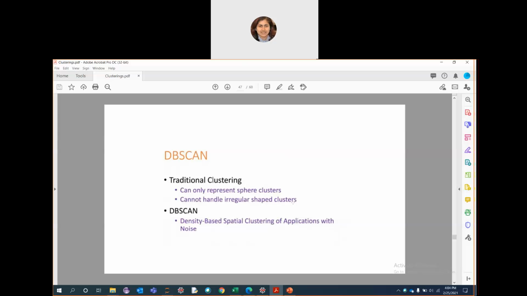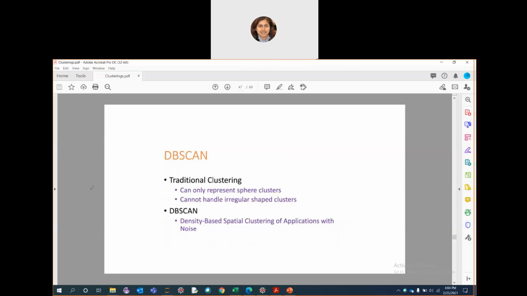So what does it mean? Based on the highly dense points or regions, a location where there is a set of points which are very close to each other, we call it a highly dense region. That highly dense region is considered as a DBScan cluster. Let's say there are certain points in the data set which don't belong to the highly dense region. What to do in that case? Those points are considered as your